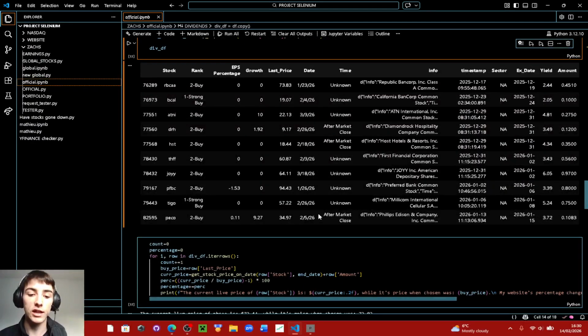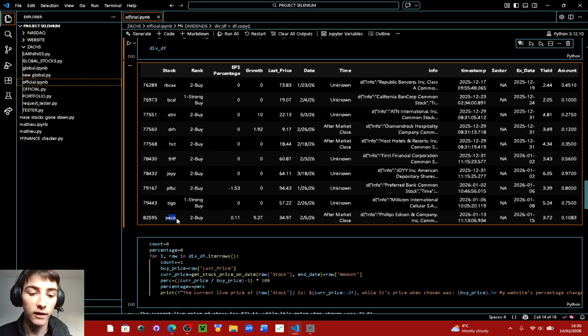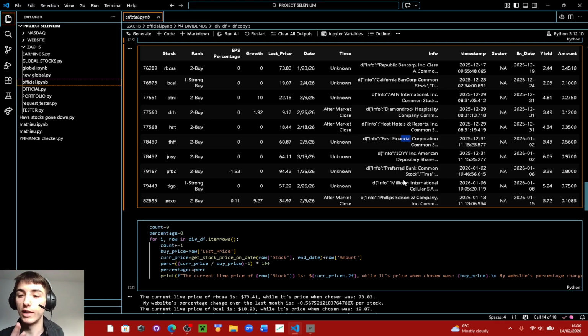These are all the stocks it came up with, and I don't know much, if any, of these stocks. I just know some of the tickers, but no big stocks. You see the names here, so it's mostly bank corps, right? Those are the real ones that post big dividends, hotel and resource ones as well, more financial stuff. Anyway, it doesn't matter. Those are all the stocks identified between, you can see, December the 15th and January the